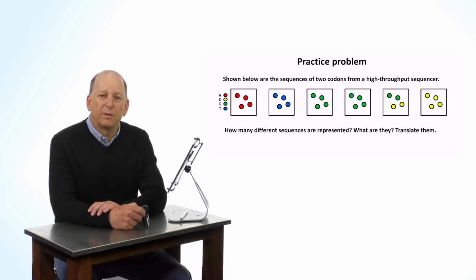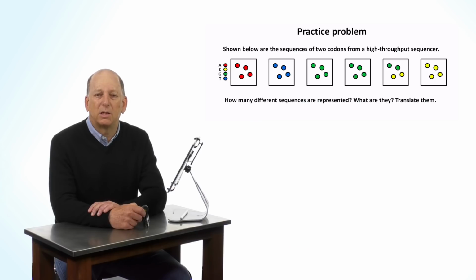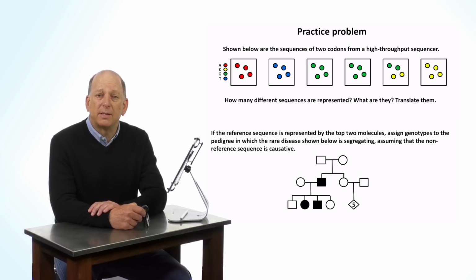The sequences only differ at base number 5, and the data show that there are 2 sequences present. The top 2 sequences are the same and read ATGGGC, and the bottom 2 sequences read ATGGCC. Assuming the first base defines the reading frame, the dipeptide sequences are MET-GLY and MET-ALA respectively. Now apply these data to the pedigree, using the first sequence as the reference and the other sequence as the